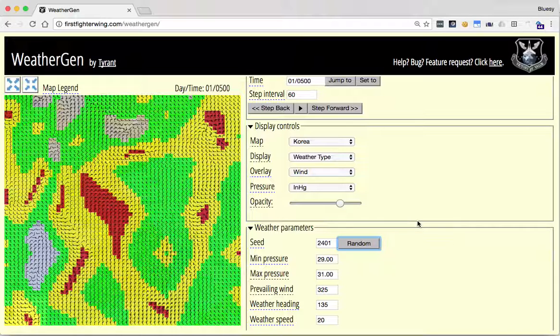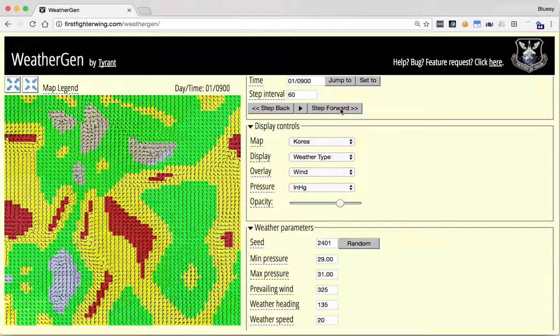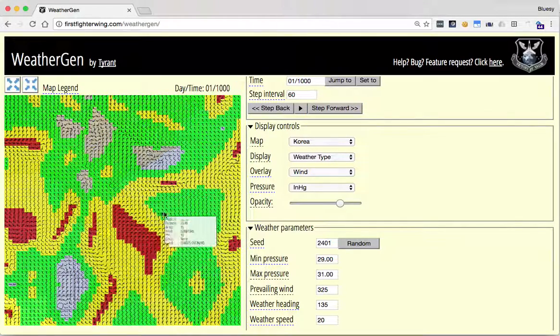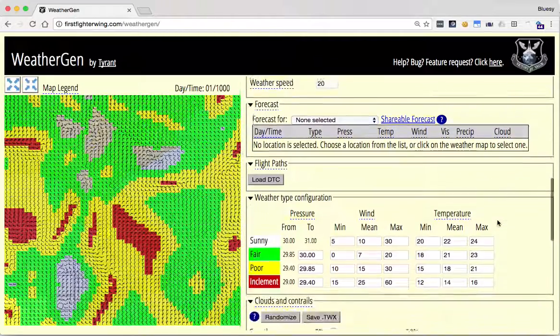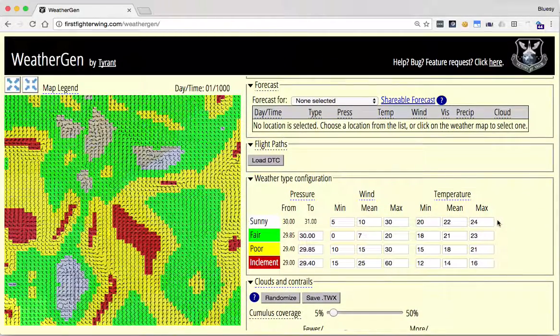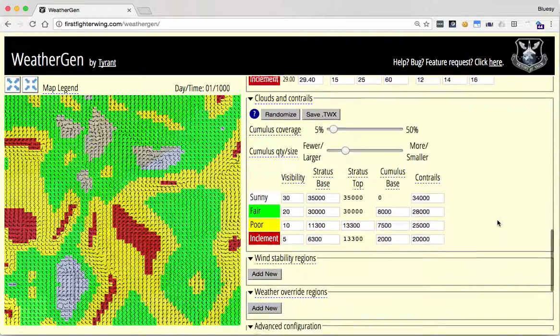So if you're using random weather, obviously it's going to evolve however it's going to evolve. As we move through time, you'll see that some of the large areas will fade out, others will fade in, and so forth. But let's say that we have a tanker tasked, say somewhere over here, and we know that winds, varying winds, can interfere with tanking. Pretty much everything can interfere with tanking in BMS, but we can address this by using what's called a wind